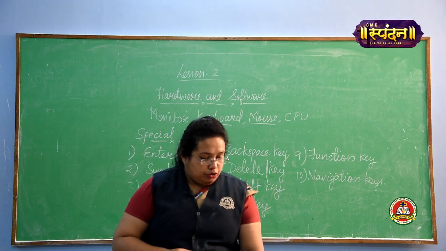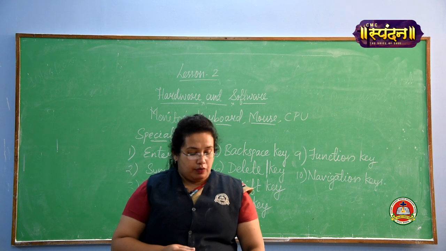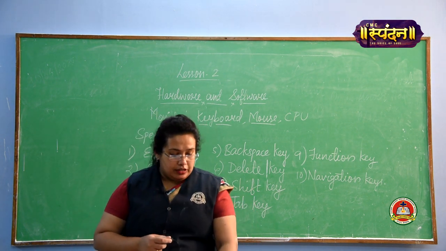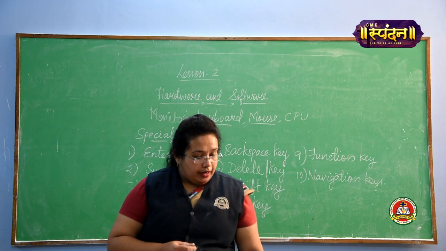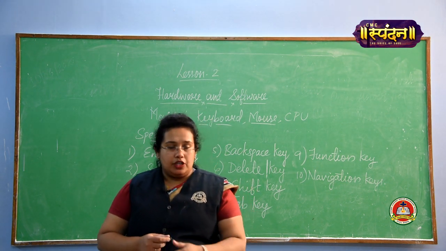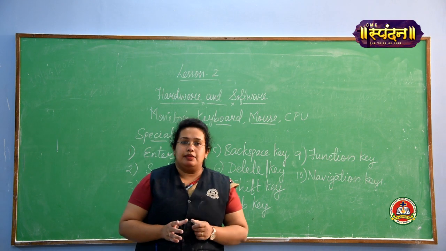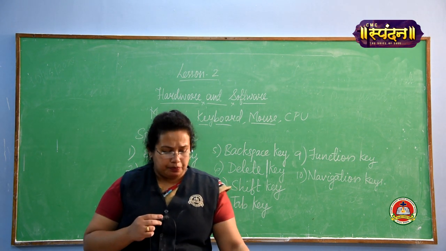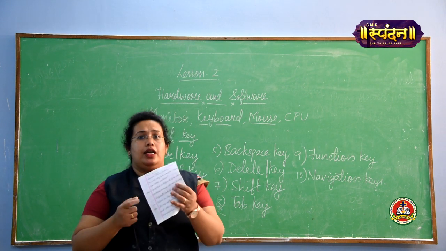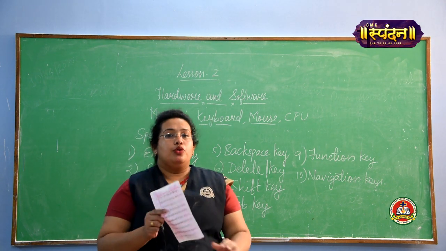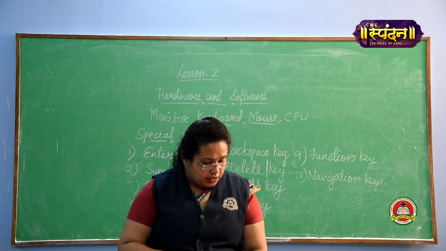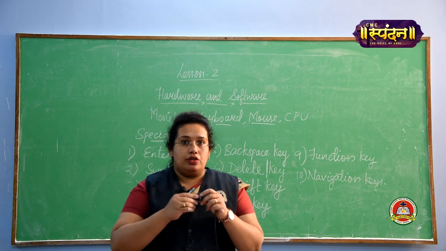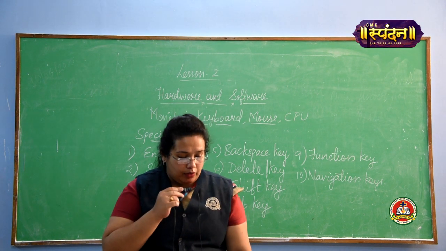So here we have true false, fill in the blanks, answer in one word, pick the correct answer, answer the following questions, and think and answer. All these things you have to do in your book except answer the following. Take one sheet of paper, and in that sheet of paper you have to write, and you will paste this paper between page number 16 and 17. So like this we can complete our work.